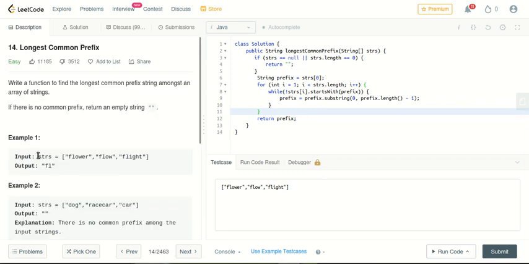So we should consider two cases. One is, let's say, if this strings array is totally blank or it is null, in that case we would return an empty string. Also, in case we don't have anything common, we would also return an empty string. Okay, so one more thing